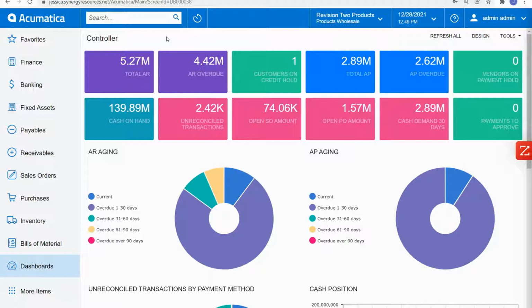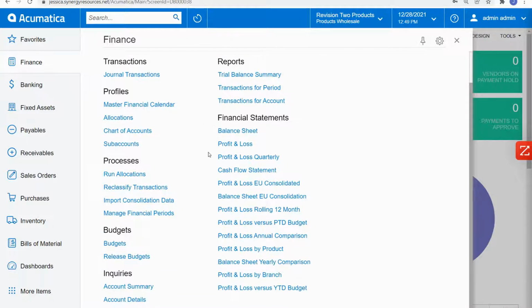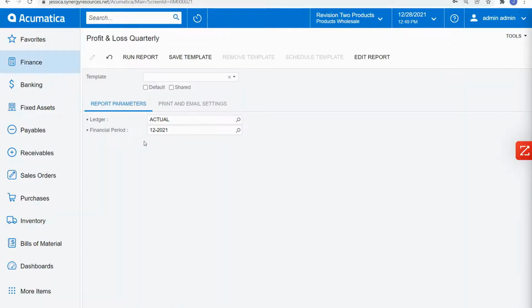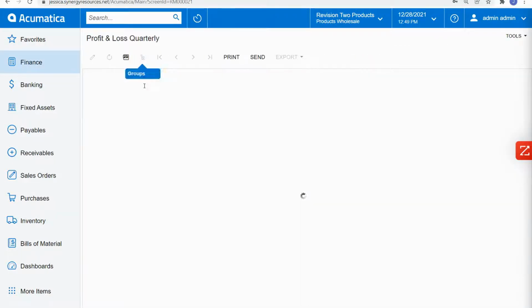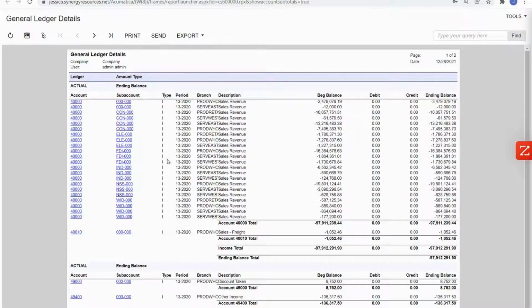Beyond dashboards and generic inquiries, Acumatica offers 250 standard reports out of the box, as well as report writers built into the system to allow you to create your own reports. I can select parameters such as financial periods or date ranges. You can see my report broken down into my different accounts, with each quarter side by side. I can drill down into any of the blue hyperlinks on this screen, which takes me to the detailed account